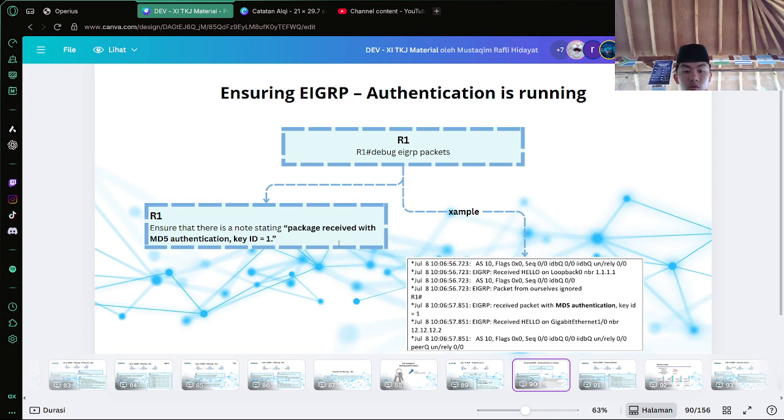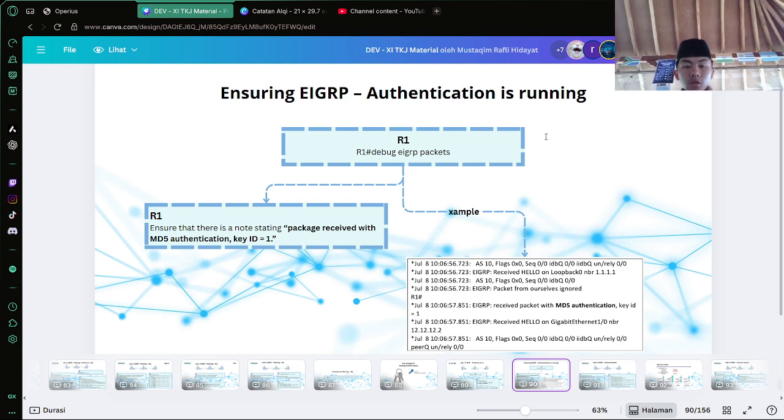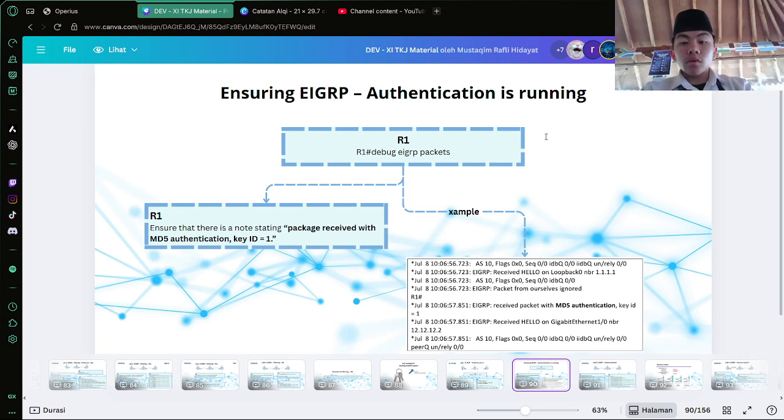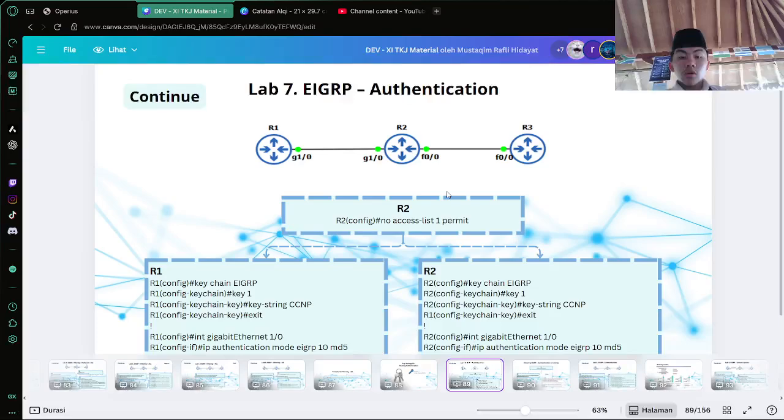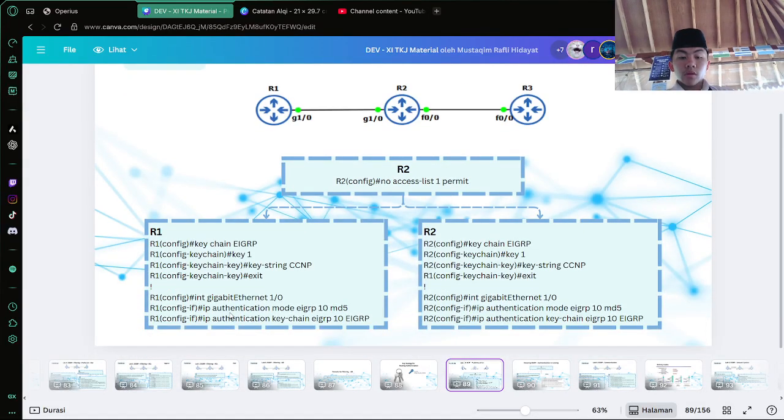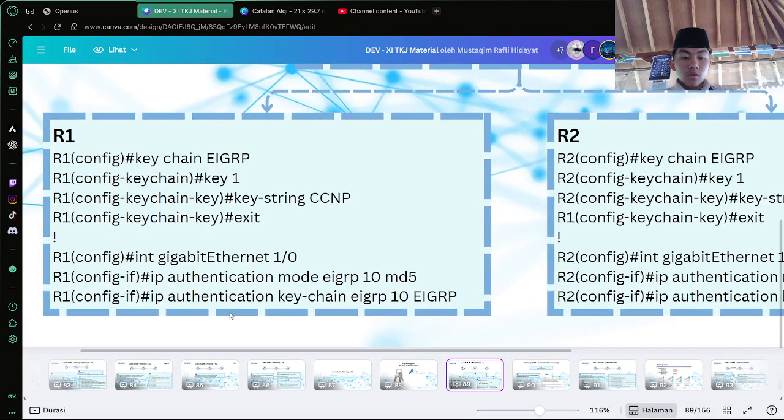IP authentication mode eigrp 10 md5 is to enable MD5 authentication for EIGRP AS 10, Autonomous System 10, and ip authentication key-chain eigrp 10 EIGRP to apply the created keychain.